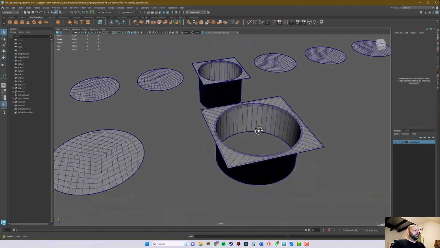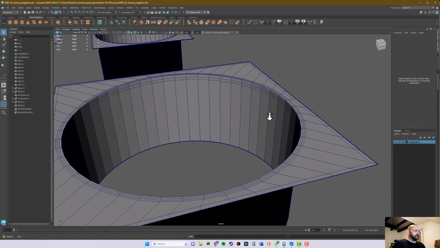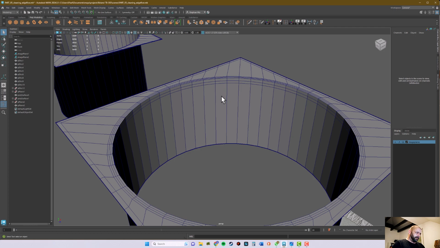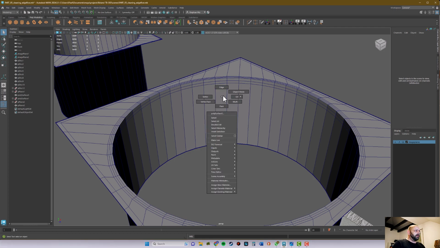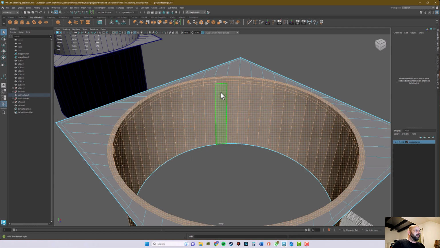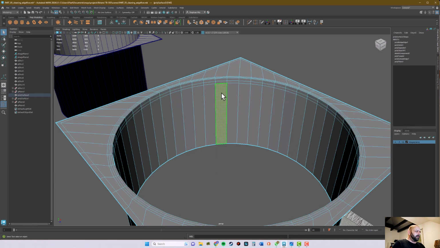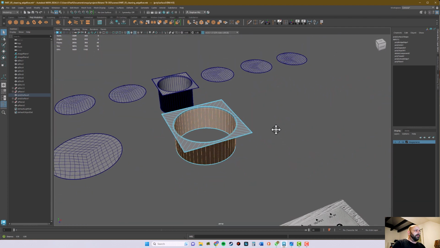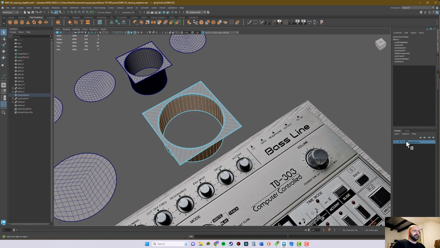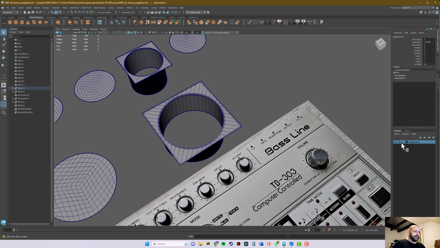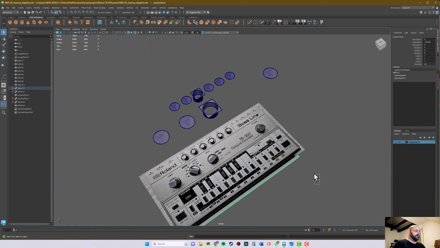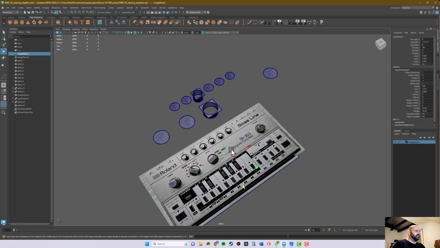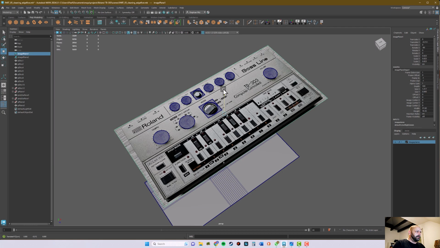We are going to put that detail into those sockets, or whatever you call it. Let me first go to face mode and then we select this face here and then shift select the next one, and let me bring up that image plane. So first I have to turn off the reference stuff here, and then I should be able to move. Hit W, and then I bring it up so that I can